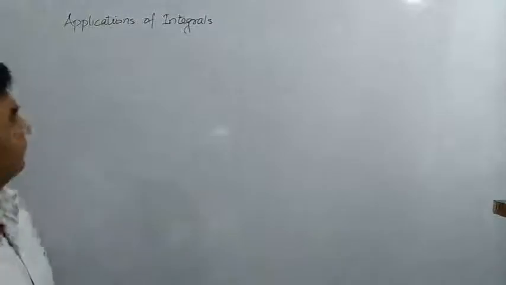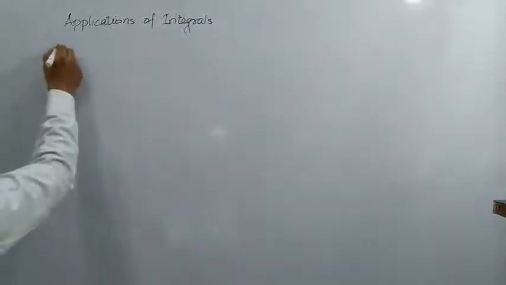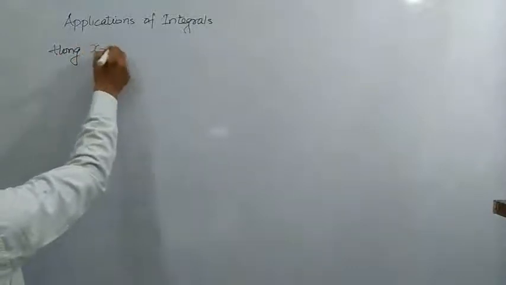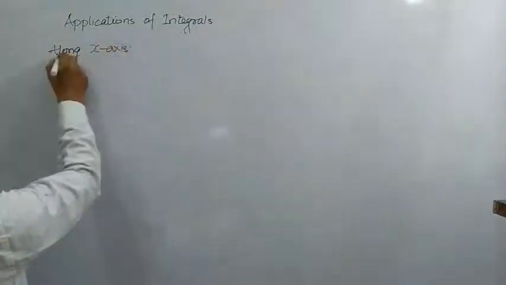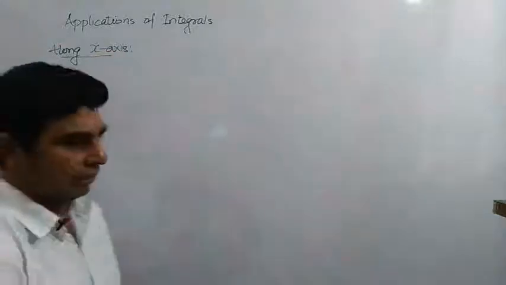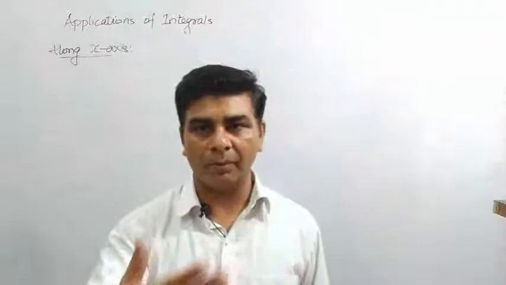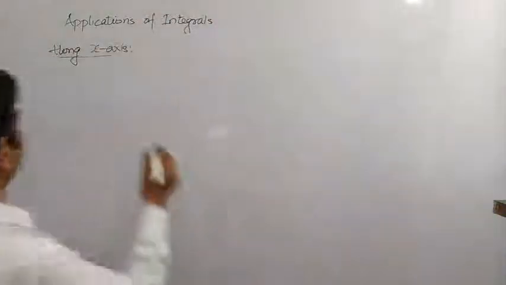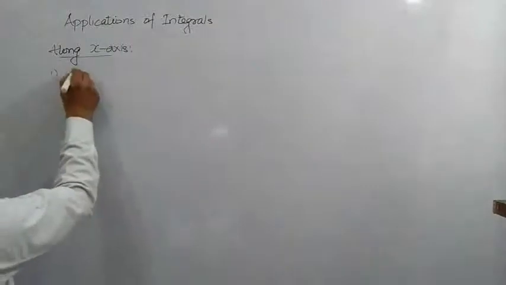The region should be bounded along the x-axis or y-axis. Let's discuss first whenever it is along the x-axis. Whenever a figure or any region is bounded along the x-axis, it may be above the x-axis or below the x-axis. So first of all, when a figure is above the x-axis,